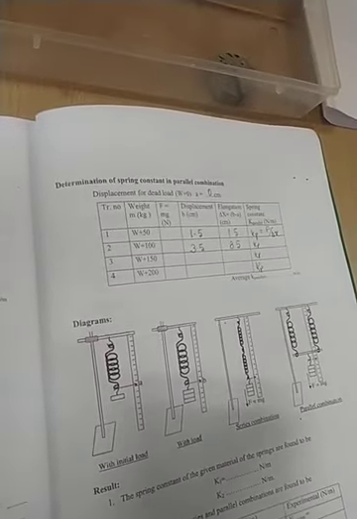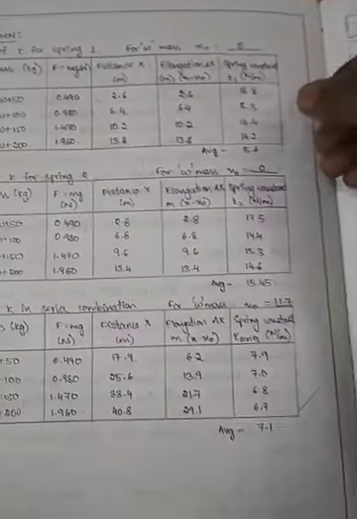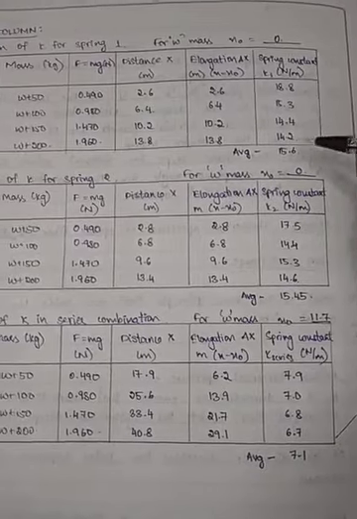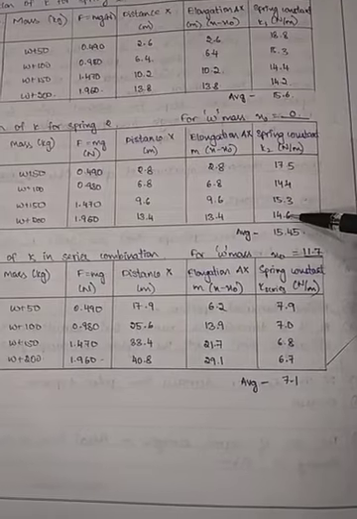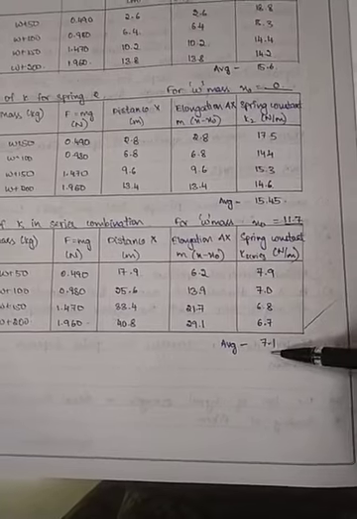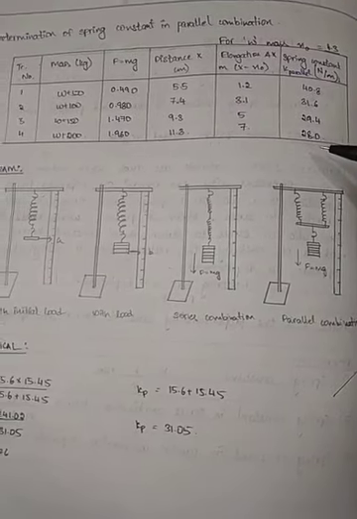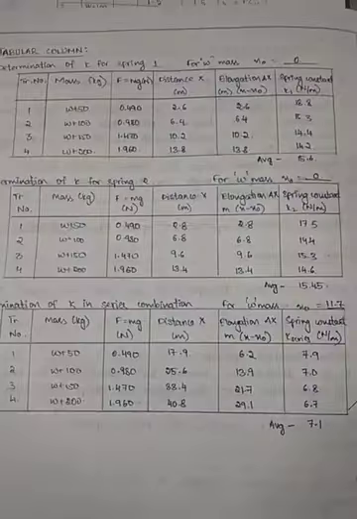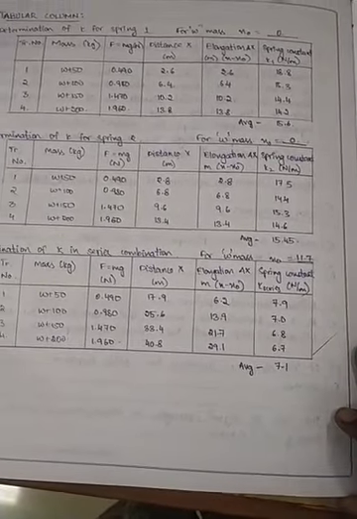So here we have one example. What we have done already, see here, the spring constant for spring 1: we got readings like 18.8, 18.3, like this, and it's almost consistent. Similarly for K2, we have some values. When they are in series combination, we got around 7.1 Newton per meter, and when they are in parallel combination, we got around 26.